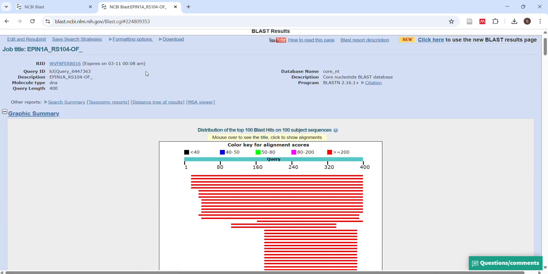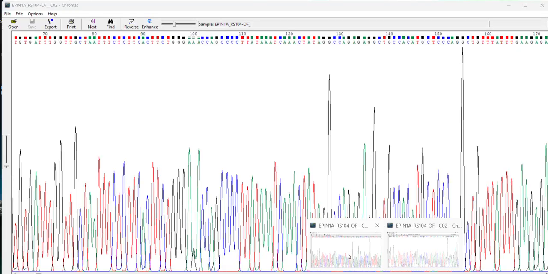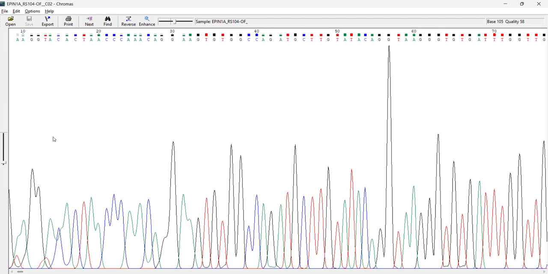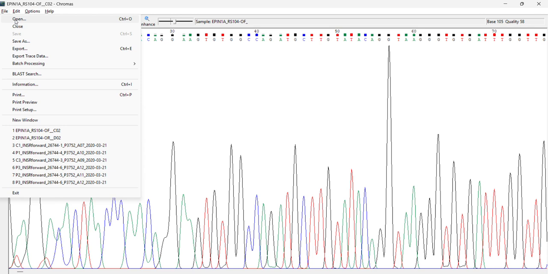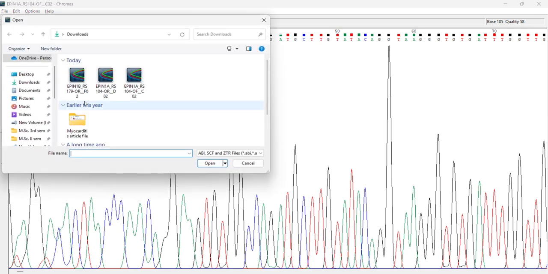So same way now we'll see, this was quite a good data set. So now we'll see how a bad sequence looks, because we need to know both. So we'll just go to file. I have a bad one also, right? So just click here, open, and this is quite